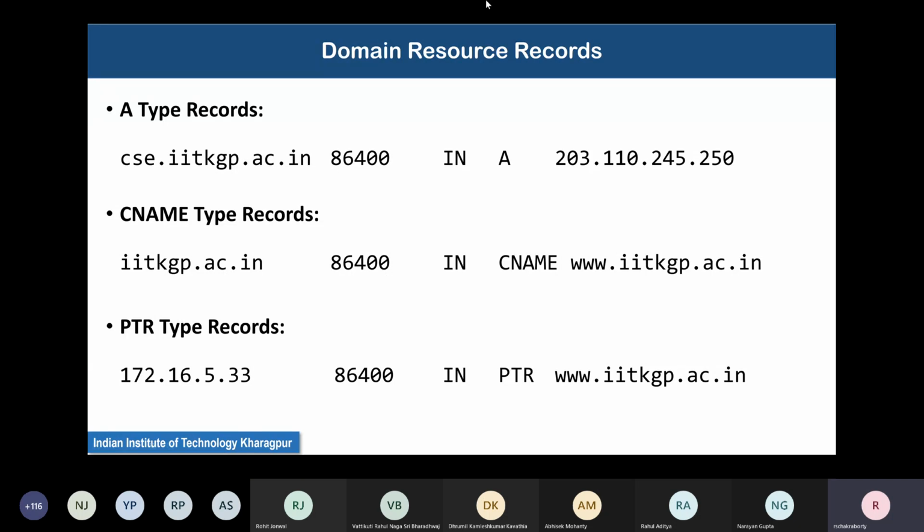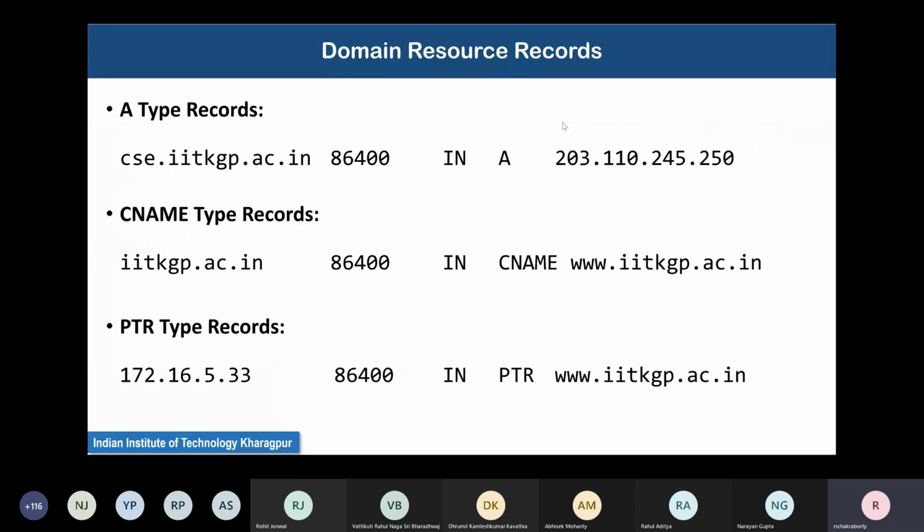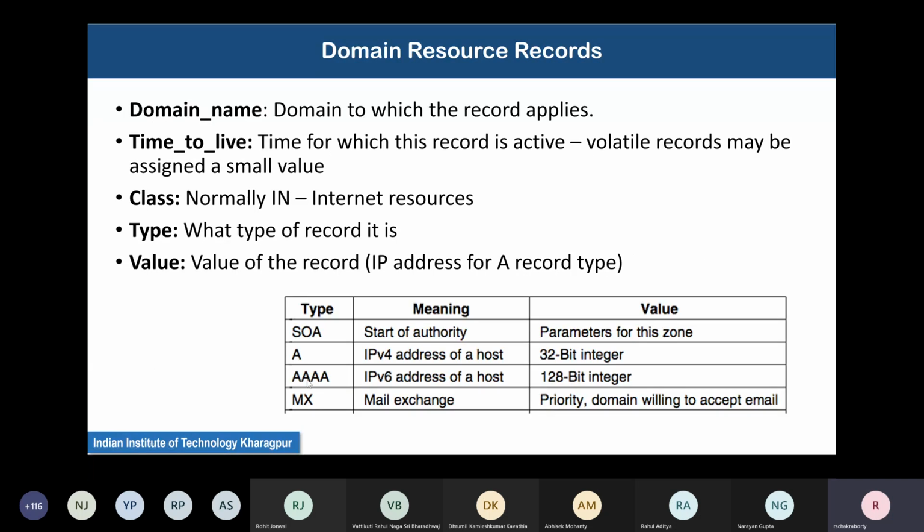Then the class of the record. For the course that we are studying, this will always be IN. This is to show that this is an internet class record. Then is the type of the record. A is a normal IPv4 address. If it is AAAA, then it is an IPv6 address, which is 128 bit.